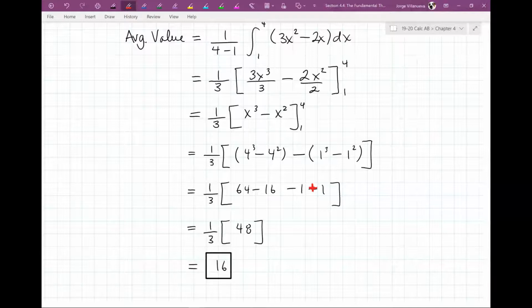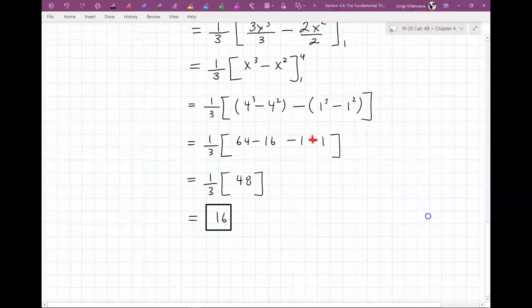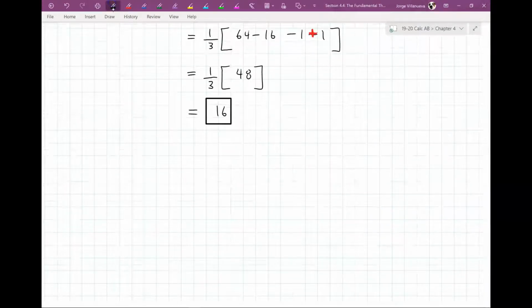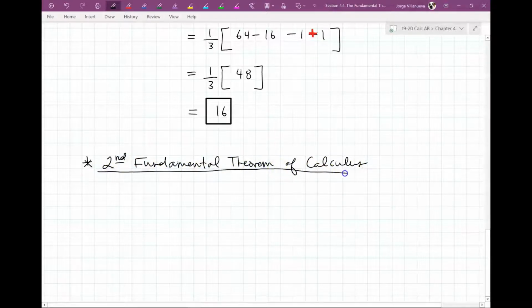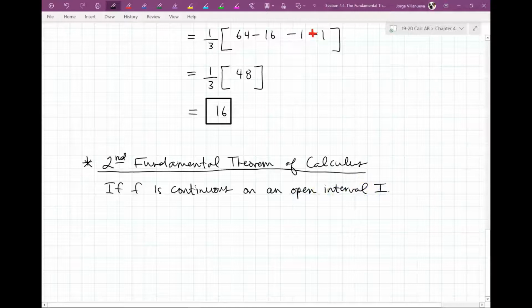So, all right, second fundamental theorem of calculus. And this is just going to be one example as well. But let me give you guys the second fundamental theorem of calculus. All right, so the second FTOC says if f is continuous on an open interval I containing A,